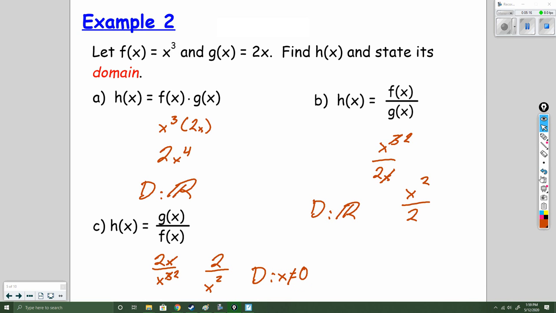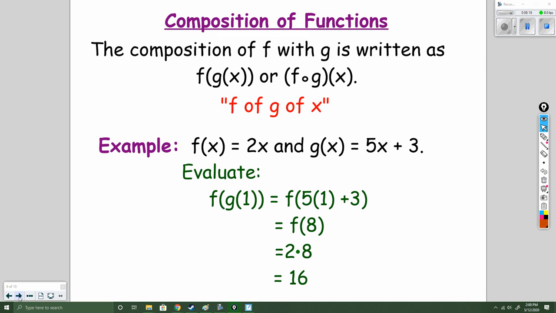Okay, now let's talk about compositions. Compositions are a little bit different than just function operations. A composition is basically one function in the other. The composition of f with g is written as f of g of x, and that's how we read it aloud, f of g of x, and it can be written two different ways. So in this next example, if we call f of x 2x and g of x 5x plus 3, we could evaluate f of g of 1,